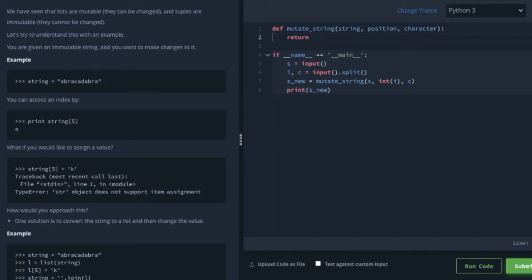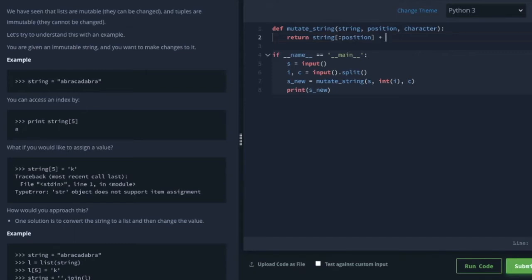So we'll write string of colon position, and I'll explain what I'm doing once I finish with the code. In Python, the plus symbol means concatenation.